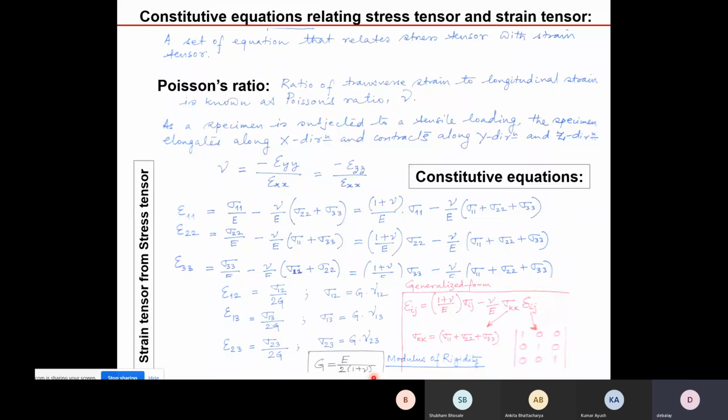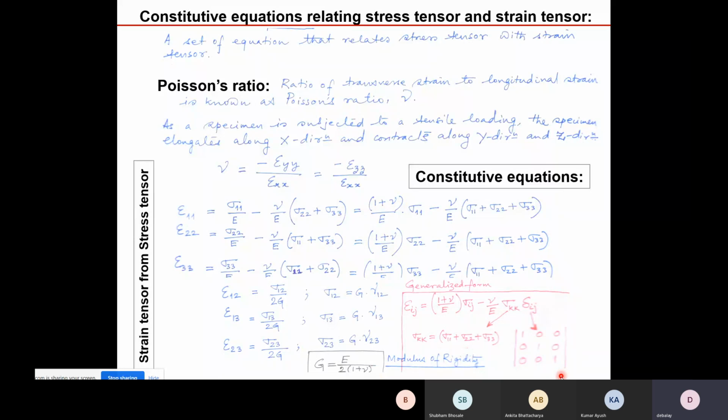Sometimes all these constitutive equations can be represented in a generalized form. If you can see the generalized form, it's very easy to remember. Epsilon ij, where ij are any term between 1, 2, and 3, equal to 1 plus nu by E sigma ij minus nu by E sigma kk delta ij. Sigma kk equal to sigma 11 plus sigma 22 plus sigma 33. Delta ij is called Kronecker delta, which is a tensor form 1, 0, 0, 0, 1,